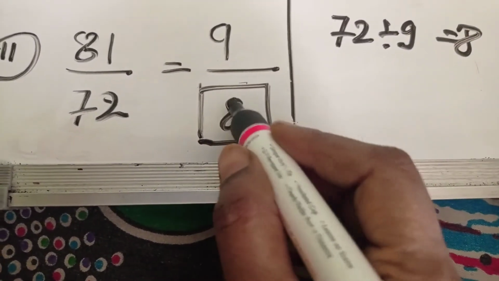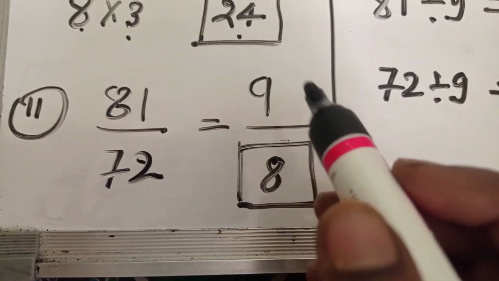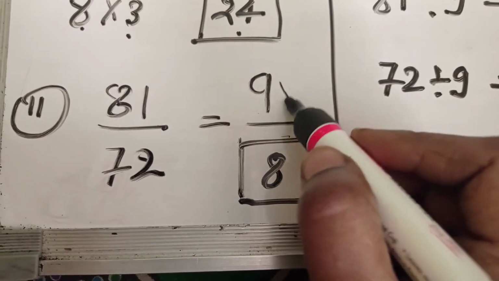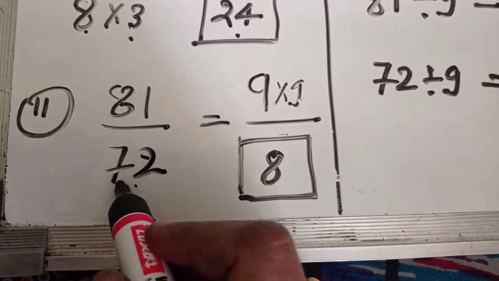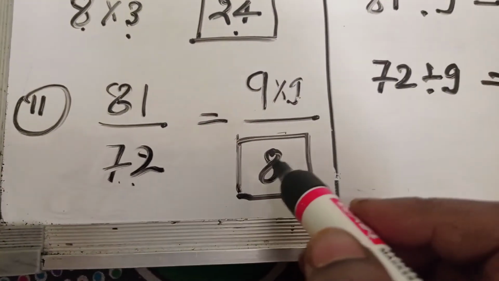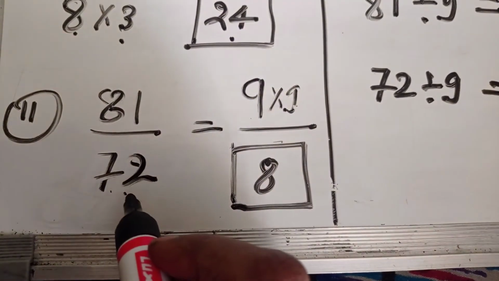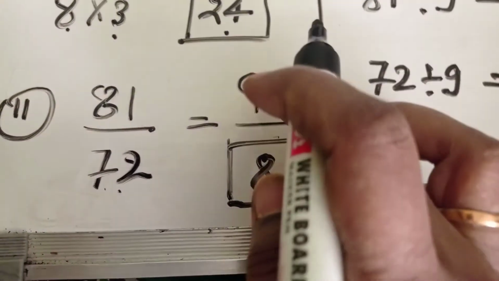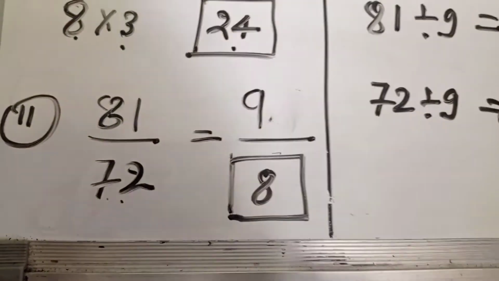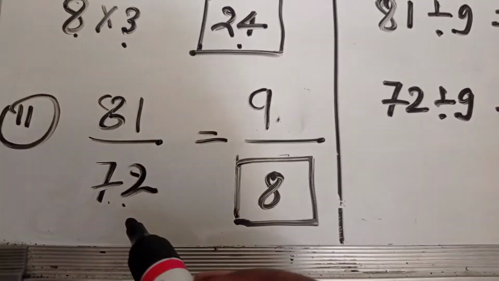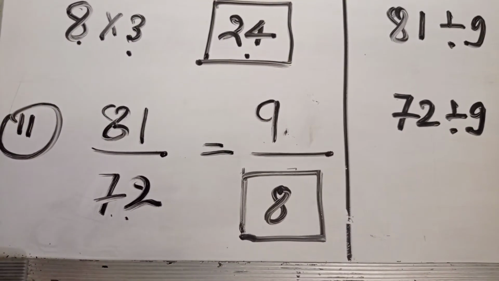और दूसरी तरीके से भी आप कर सकते हो. If your table is strong then you can see 9 nines are 81, then 72 is divided by 9, what we get is 8. और ओरल इसकी आप प्रैक्टिस करो कि 8 9 जा 72 होता है. ओके, so we take here 8. रिड्यूस करके हमने यहाँ पे 9/8 लिखा है. तो आपकी अगर टेबल स्ट्रॉन्ग होगी तभी आप इसे रिड्यूस कर सकते हो. तो learn 1 to 20 tables.